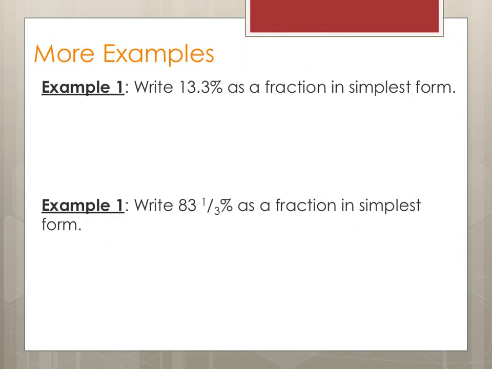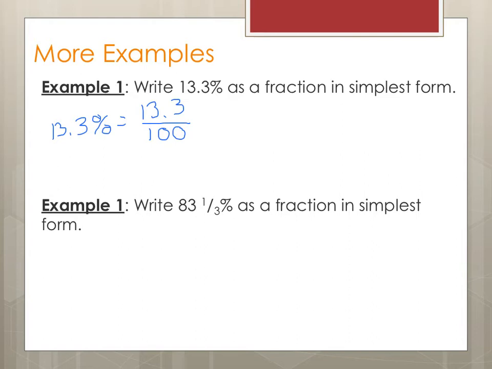Let's look at a couple more examples. In example 1, we'll write 13.3% as a fraction in simplest form. So we'll start with 13.3%, and we'll write that as a fraction over 100. 13.3 over 100. We don't want a decimal in the numerator of our fraction, so to get rid of the decimal,